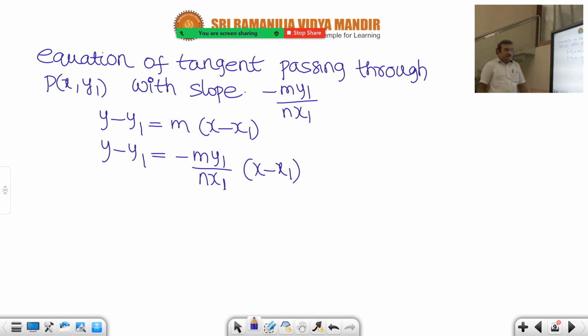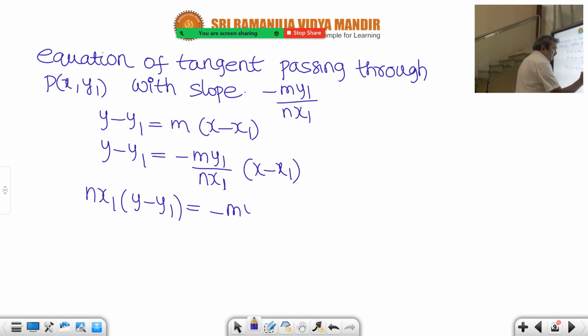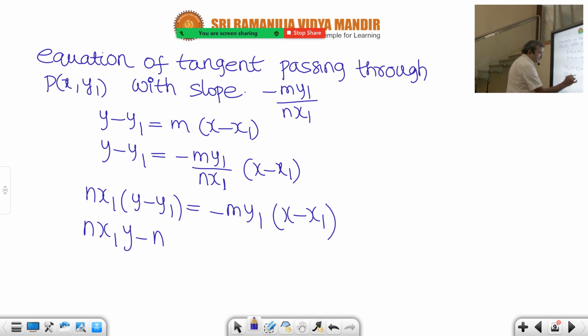Going for cross multiplication, n x1 into y minus y1 is equal to minus m y1 into x minus x1. Correct? So from this you can say n x1 y minus n x1 y1 is equal to minus m